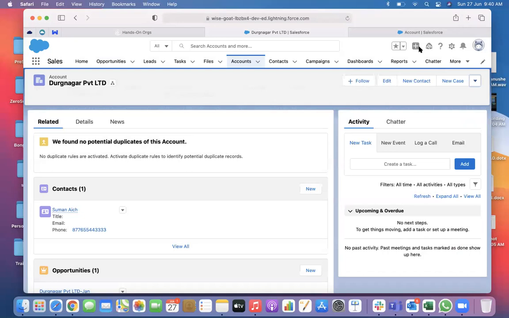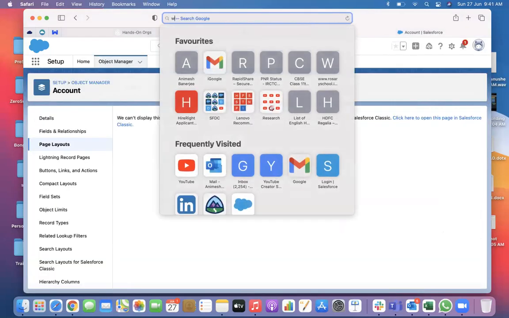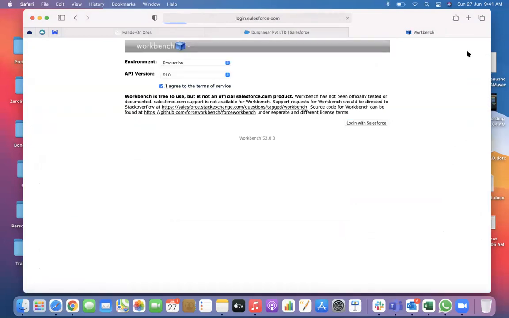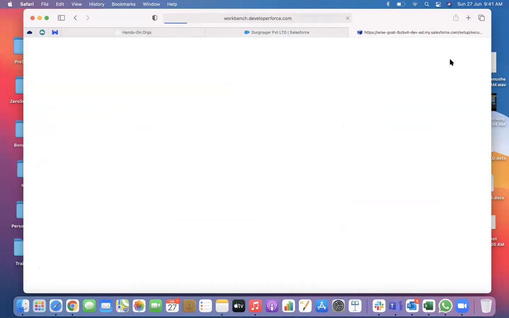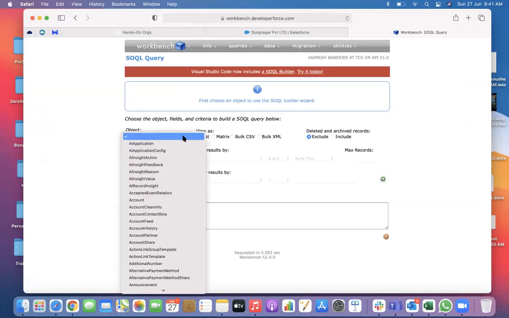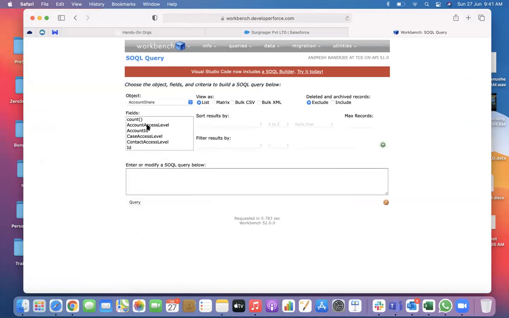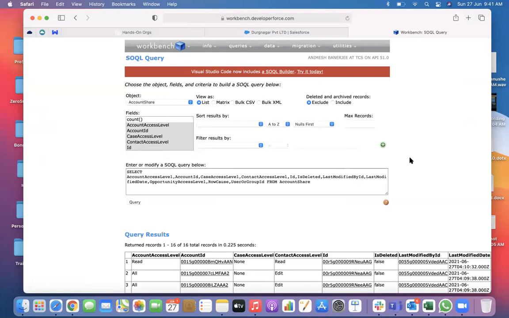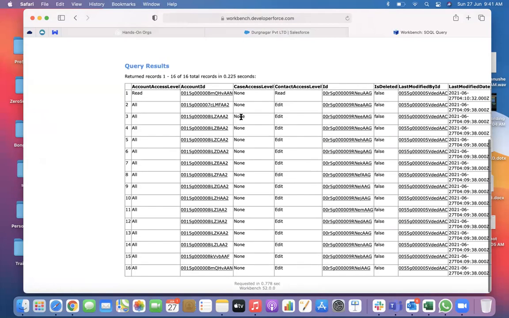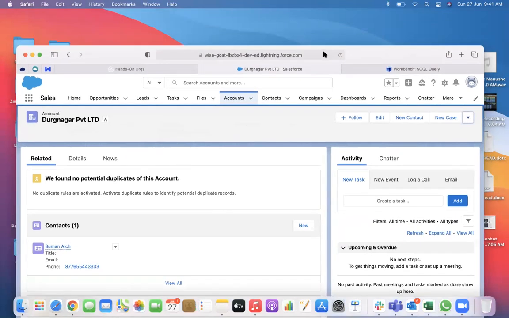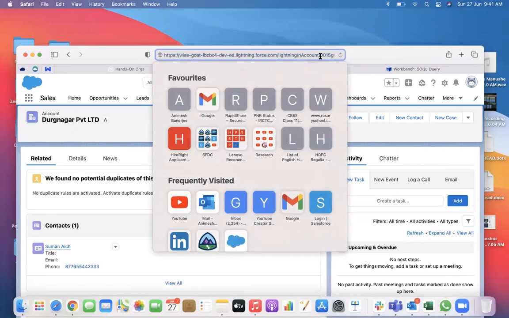If you go to Workbench and do a query on account share, I'll take the account ID from here.